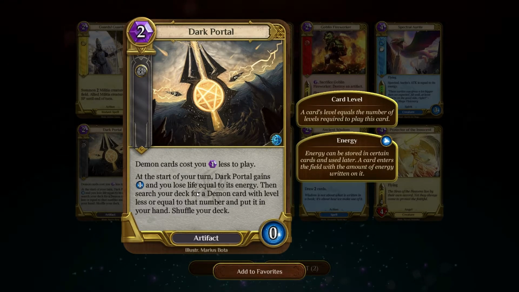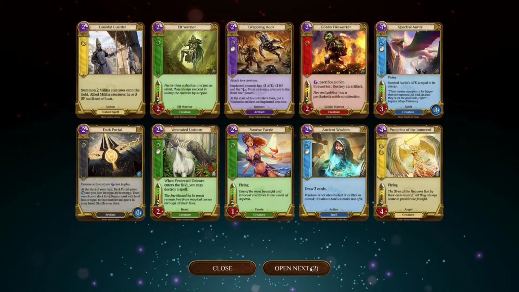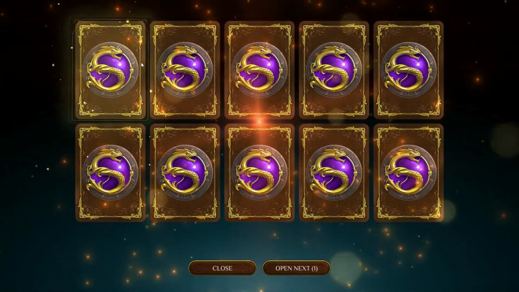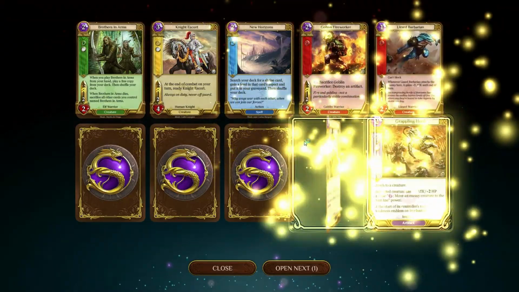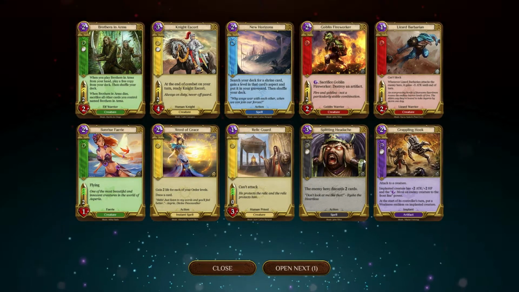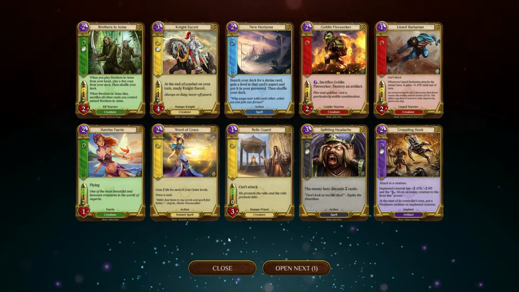Another thing to consider is you can have multiple of these on the field, I'm sure. So you could really speed the game up. That is a very, very cool card. I love cards that are super, almost overcomplicated. They really do change the way the game is played. I love that a lot. Because then there's also